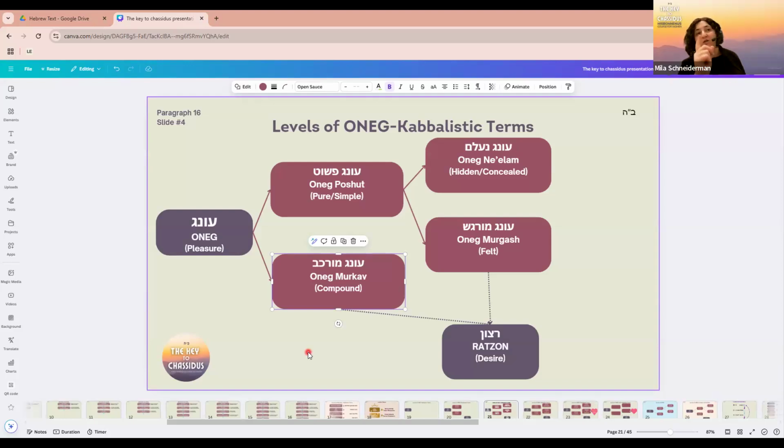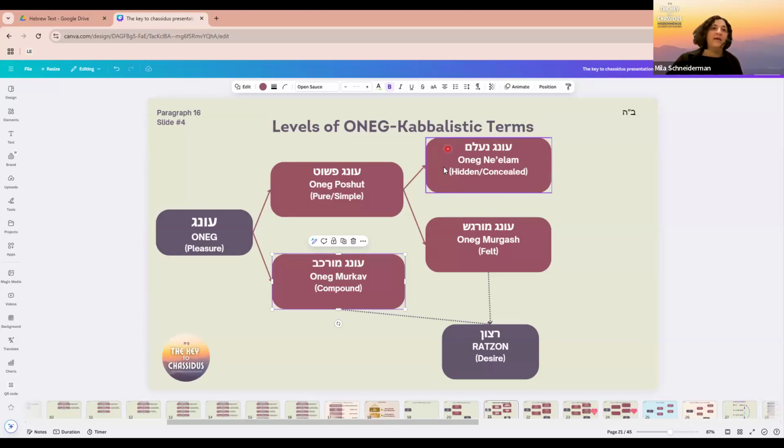Maybe we could see the oneg ne'elam as a capacity, this level. The oneg ne'elam, the hidden, the concealed. He talks about oneg pashut, as far as I know. No, it's oneg pashut, but oneg pashut has two: one is felt and one is not felt. So we are talking right now about the first one, the felt one. V'tainuk haposhet shabilti murkav klal. That's how he talks about it in the Maimer.